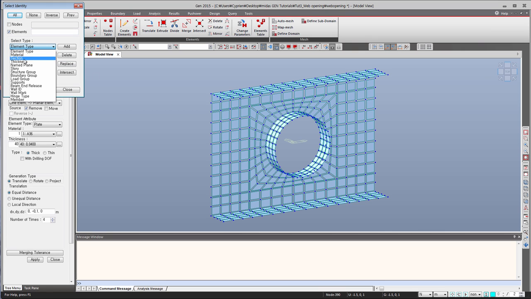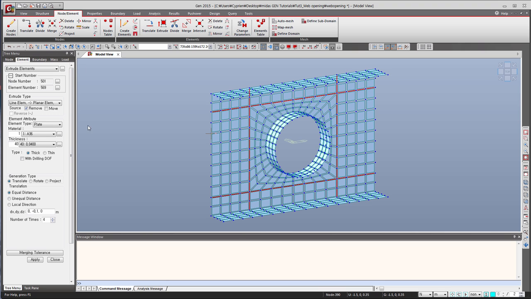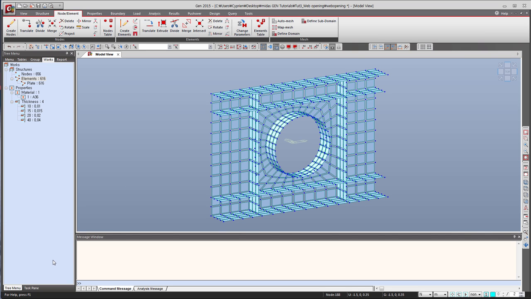Select by section, and now I have only this one left. So those are the vertical and horizontal stiffeners, they have a thickness of 15 millimeter, and there is 3 times extrusion. Apply. Okay, so that's it. And finally, to create the full model, I'll just have to mirror everything